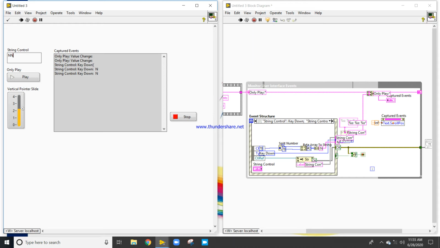Then I pressed N two times, so it displays string control key down and string control repeat events twice.